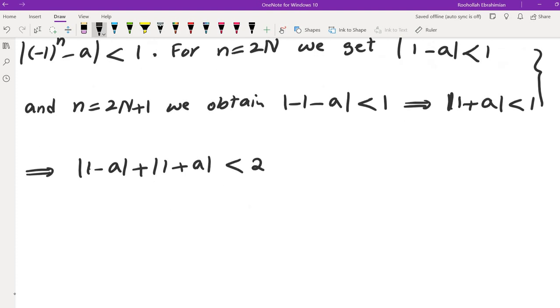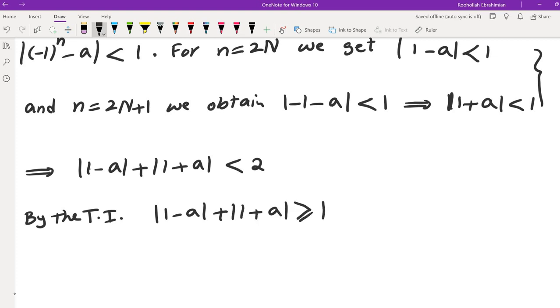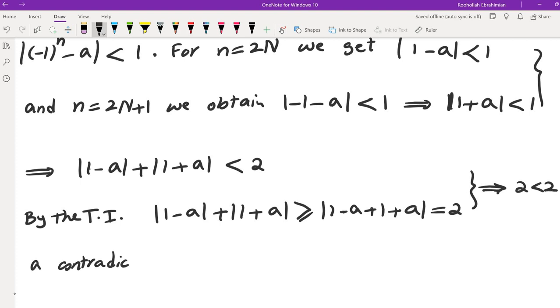Now, by the triangle inequality, the absolute value of 1 minus a plus the absolute value of 1 plus a is at least the absolute value of their sum, which is 2. And this gives a contradiction. That tells us 2 is less than 2, a contradiction. And that tells us (-1) to the power of n